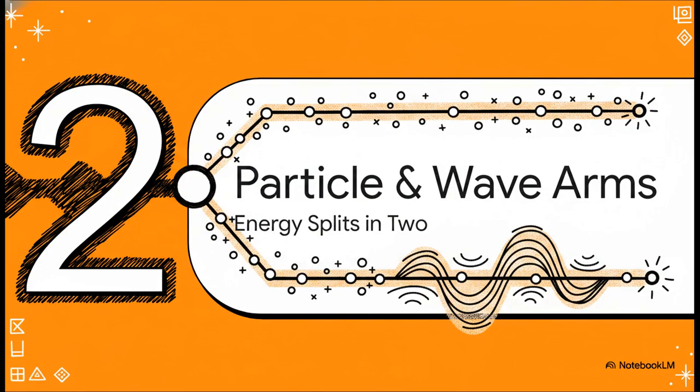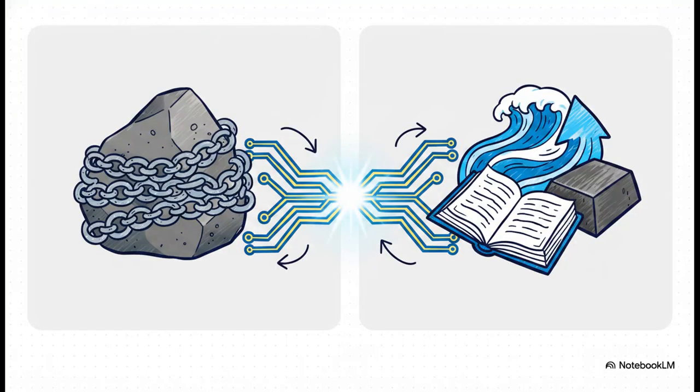Let's move to phase 2 and see how this builds. The particle and wave arms. Energy splits in 2. So, once you wake up, the energy immediately splits into 2 simultaneous paths here at node 2. Over on the left side, we have the particle arm. Think of this as the tangible, grave-bound field. You've got Dawud at coordinate 3410 through 11 acting as the protective D10 lattice, the chainmail. Then there's Ishmael at coordinate 3710-7 acting as the stone, the old self essentially being sacrificed to pay the price and preserve the circuit.